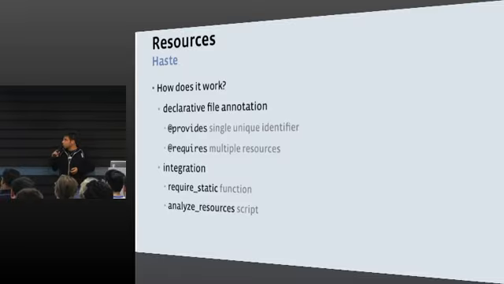You require as many things as you need, and then you can provide a single thing that your file is intended to do. The way that this is integrated into the stack and into our PHP code base, we have a pretty big PHP code base, is through a function called require static. And basically what this does is, those unique identifiers that we talked about, you can pass a single one of them to require static, and that unique identifier and all of its dependencies will then be pulled in on page